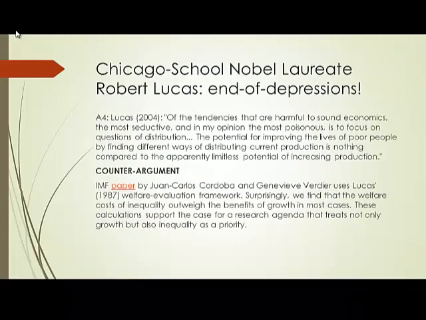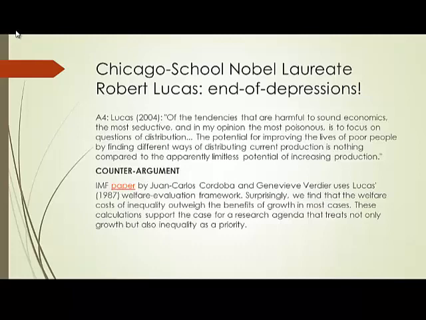So there is the argument of Robert Lucas, the famous Chicago School free market economist. In 2004, in his presidential lecture for the American Economic Association, he said that we economists have solved the problem of depressions forever. He also said this: of the tendencies that are harmful to sound economics, the most poisonous is to focus on distribution. So you should not even think about distribution. Why is it poisonous? Well, because it will harm the wealthy. But he gives a reason for it: if we want to improve the lives of the poor, we should focus on growth. Growth is what will